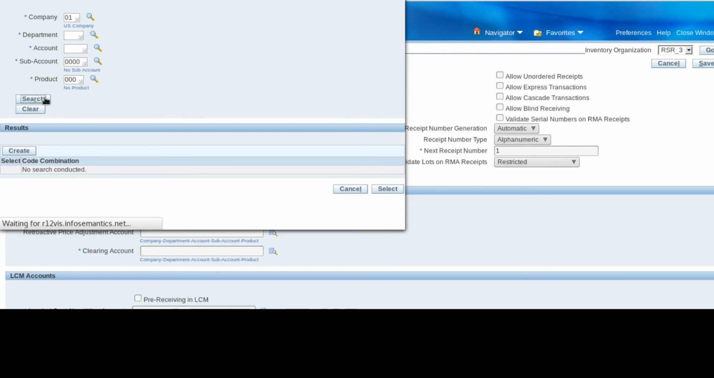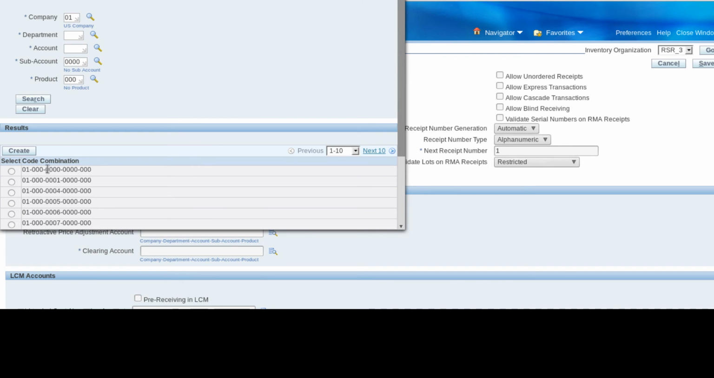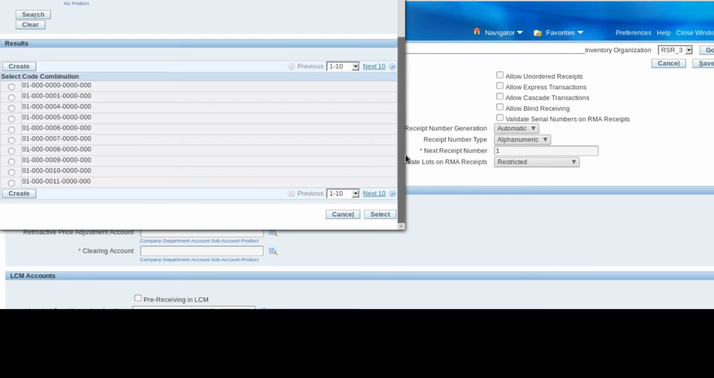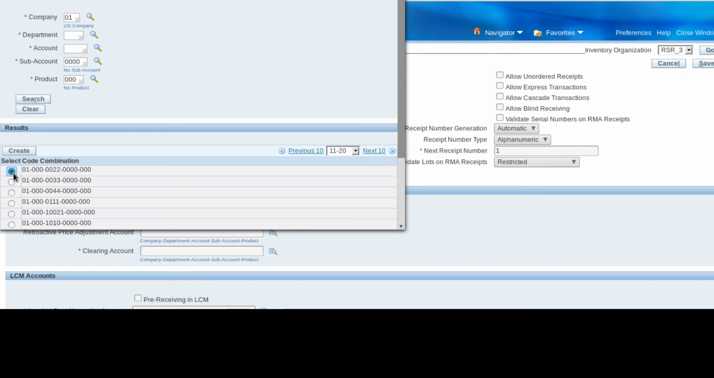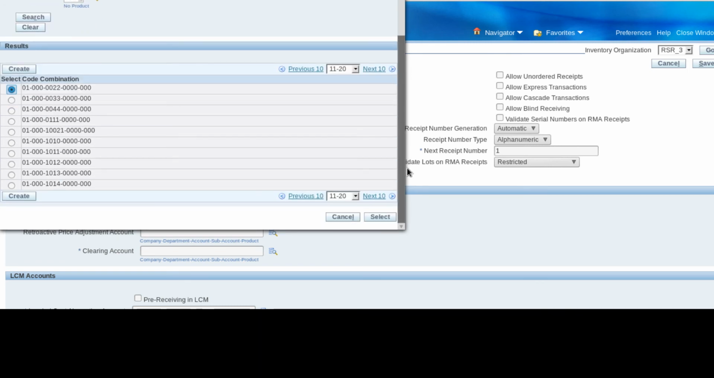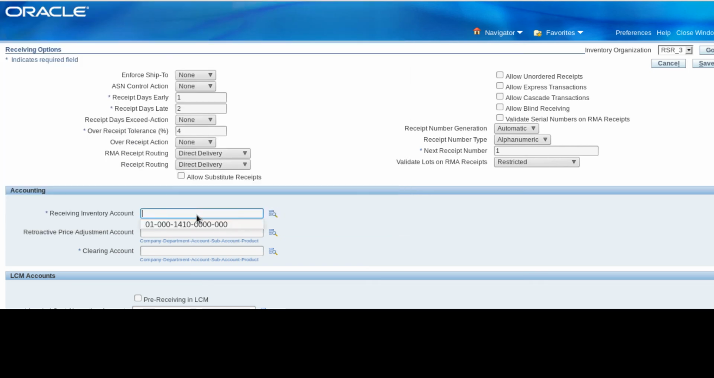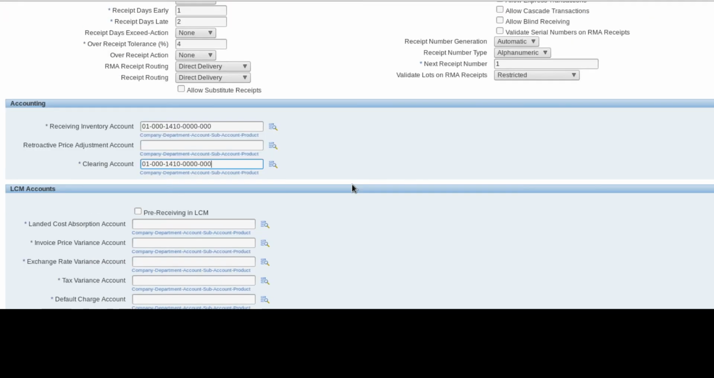and see, when you search, all the accounts that are there are listed here, and you can also find the next 10 values over here. And if you want to select any one of these, press this round dot box over here, and select. Or if you know the account number, just select it and save the changes. So this receiving inventory account and this clearing account is mandatory, so we have given a